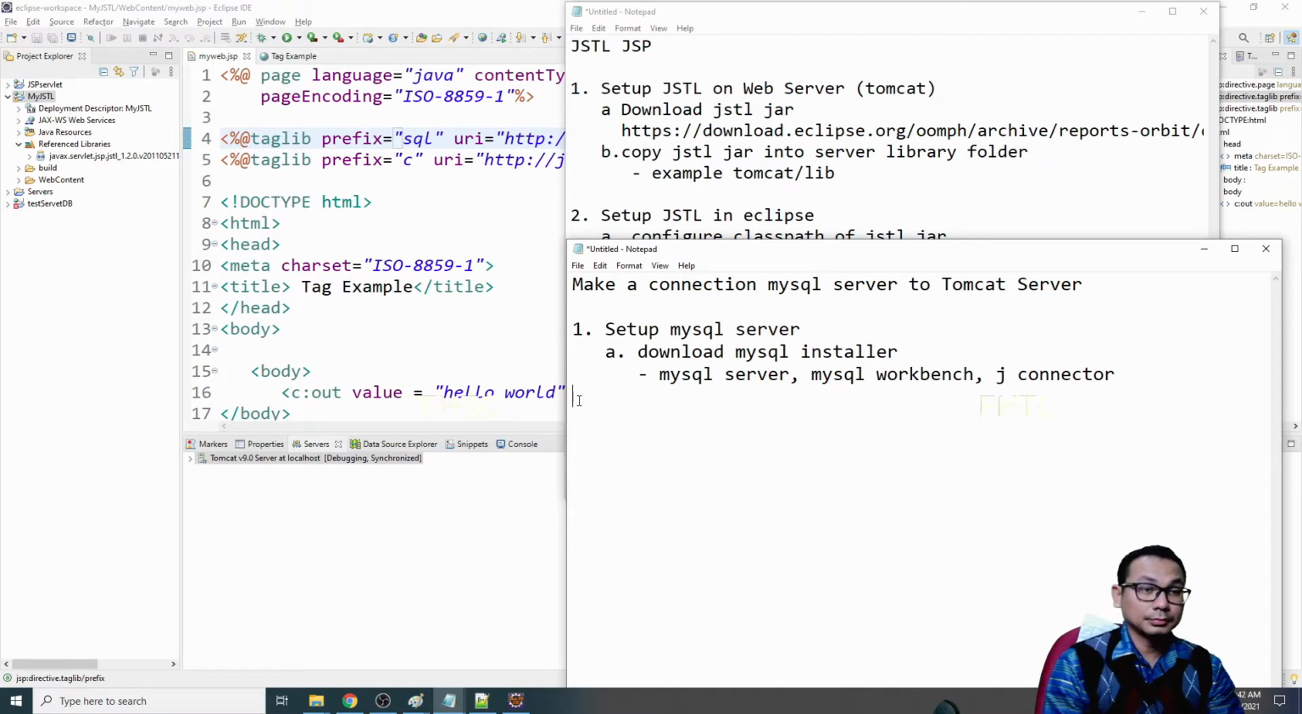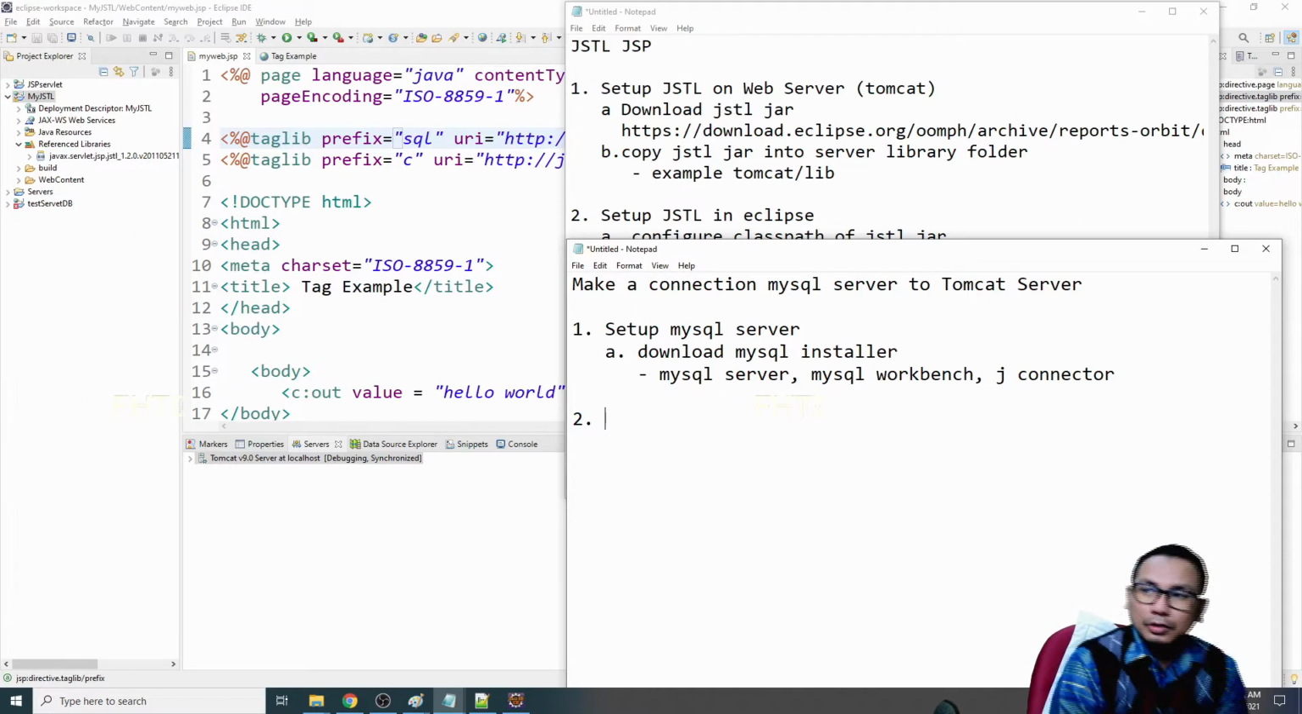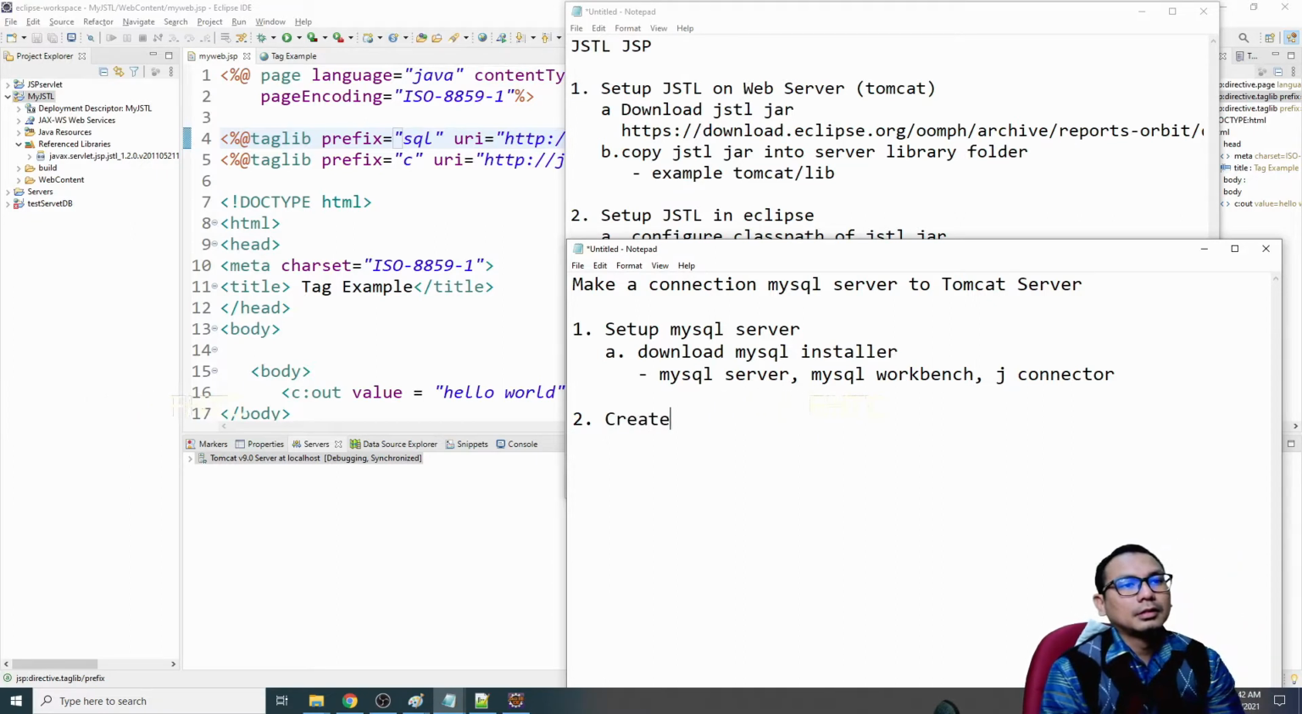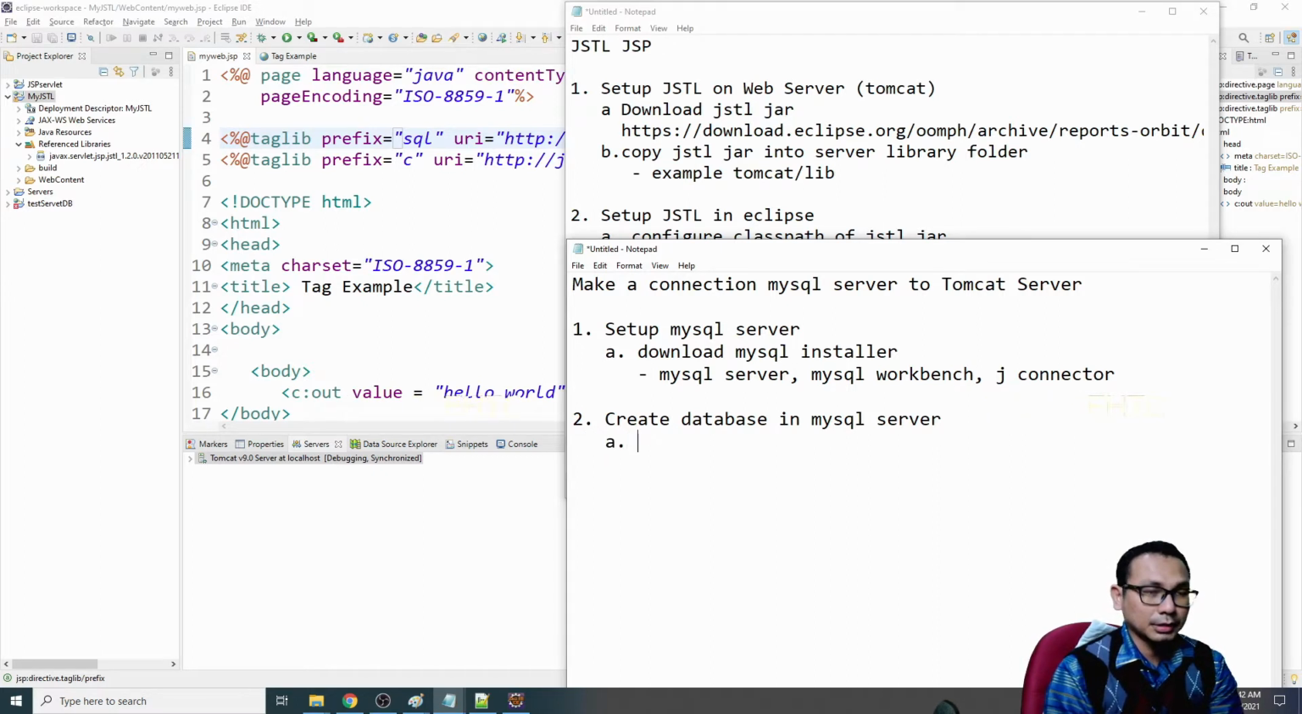Okay. Then secondly, you need to create a connection. Create your database in MySQL server. Do you actually have a database already? Okay. Firstly, you have to create your database first. Okay. In order to create a database,